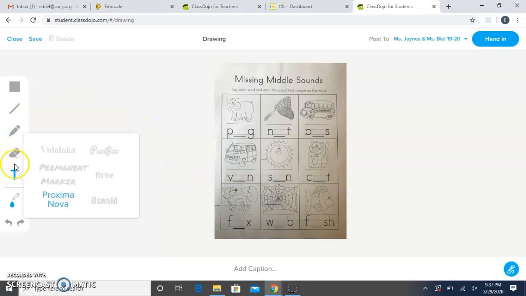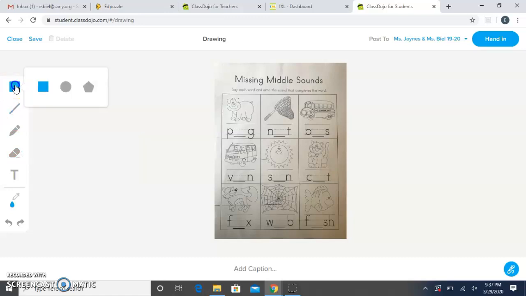If your child wants to add something, maybe they forgot something, they could add it in here. You can add in text. You can erase if you made a mistake. You can add shapes. So that's what you can do right here. And then you can either save it if you want to add things later, or you can hand it in if you're ready. So let's hand it in,